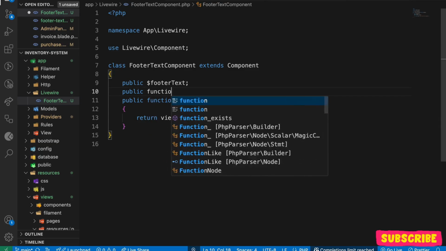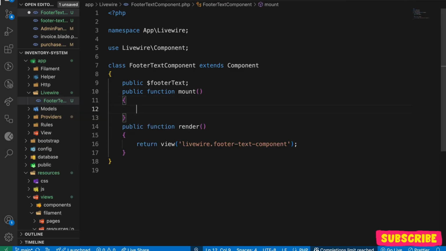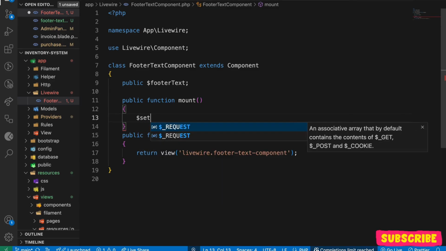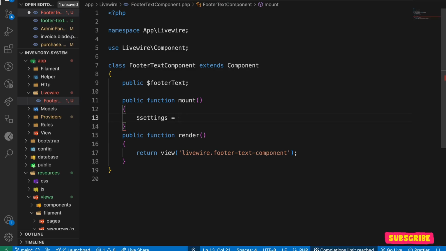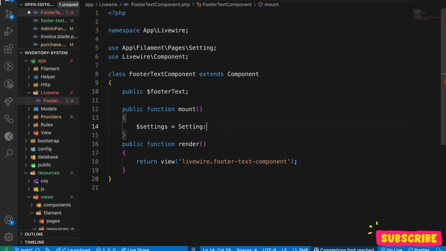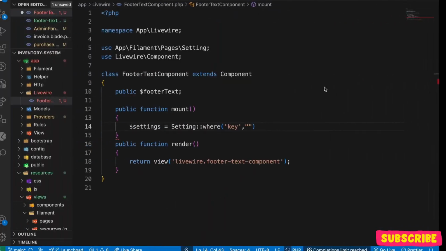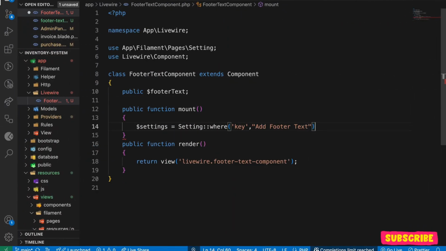And if you must know the life cycle of the Livewire component, the first thing is mount, which is called when the component is being mounted, before rendering. So here we can query what we want. So for example, what I need now is settings. First of all, I need to get the tenant setting, right? Setting where key should be, let's say, what is my key name, add footer text, right? Add footer text first,